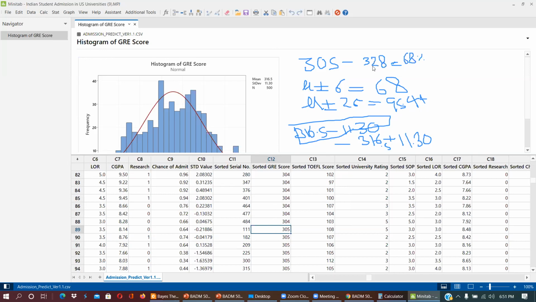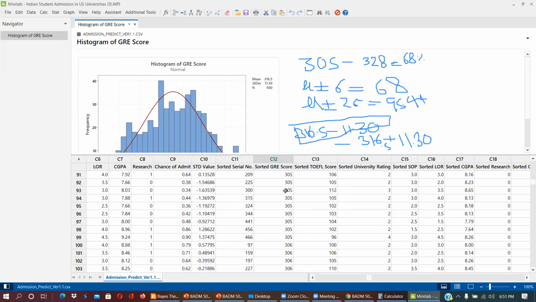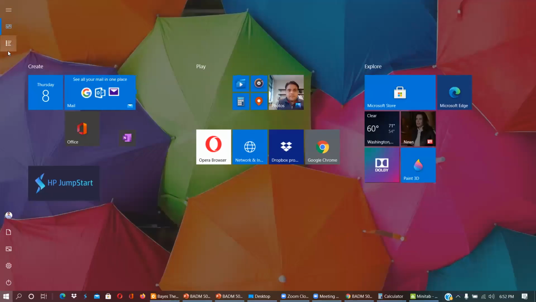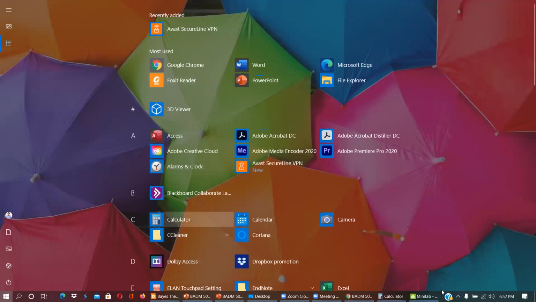And now I would like to see 328. It is 426. So 89 and 426. Using a calculator,